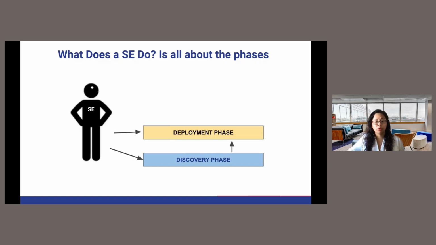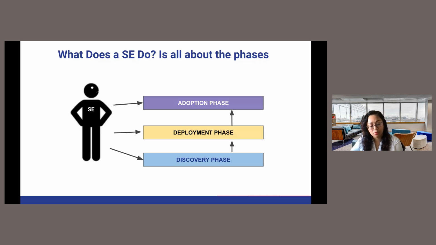Now, during the deployment phase, sales engineers will assist the customer by providing technical advice, researching information to answer technical questions, and finding resources to assist them with their deployment project. Now we're going to move to the adoption phase. During the adoption phase of a product, SEs normally work with customers that need assistance understanding how it works, and also when the product doesn't seem to solve the customer's problem, the sales engineer will come in and try to assist to fill in those gaps.